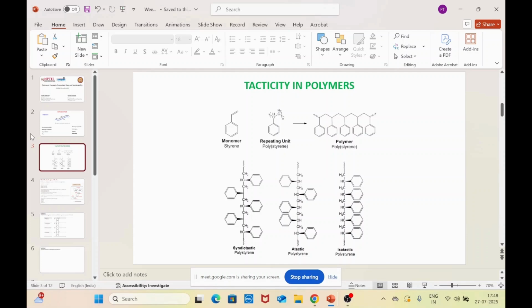Again, each one has its own advantage. If you use this metallocene polymerization, then you will be able to get polymers with a narrow molecular size distribution. Narrow molecular size distribution polymers will be useful for further processing, because all the chains of the polymer within the sample or within the bulk that you're taking under consideration will all be of similar length. So the processing of this polymer is going to be easy.